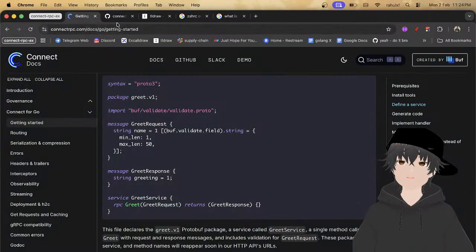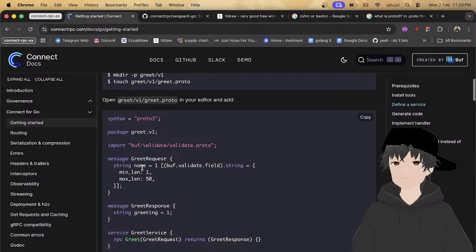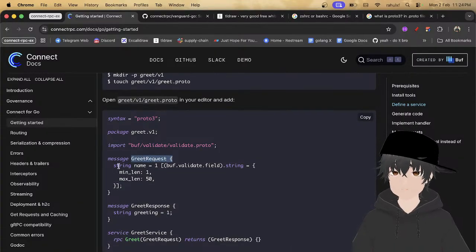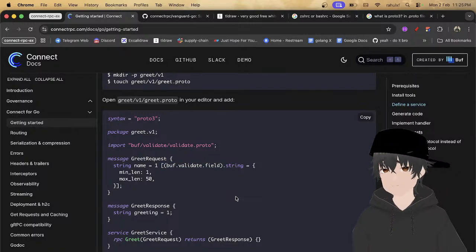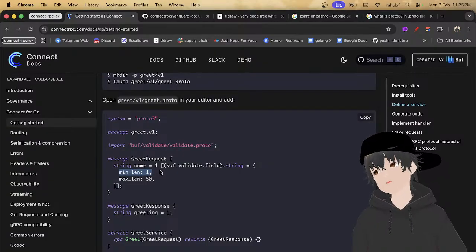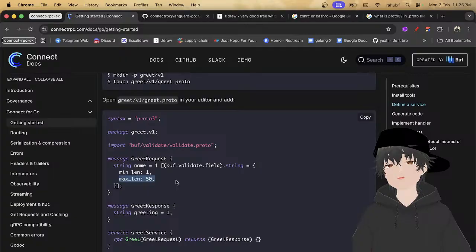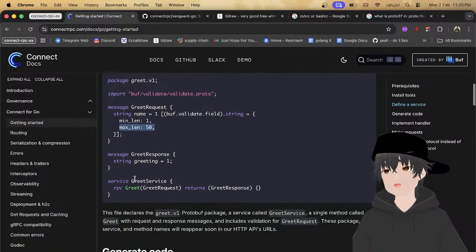Okay. If I look here, the greet request takes a string name equals one, and they have some validation. It depends on you whether you want to add it or not. Like a minimum name of one character and a maximum of 50.